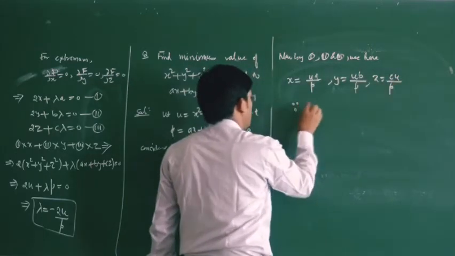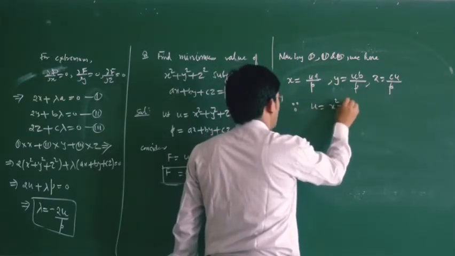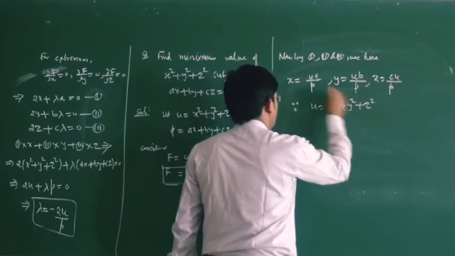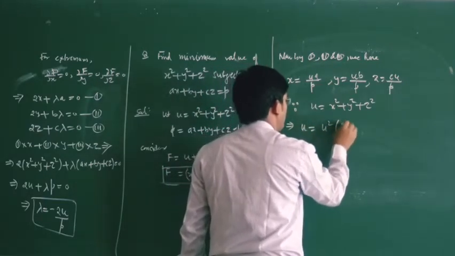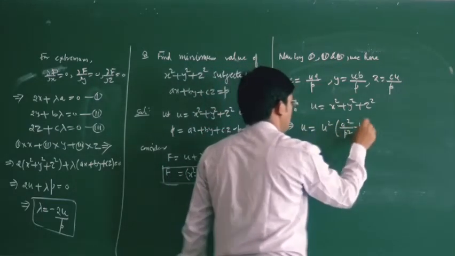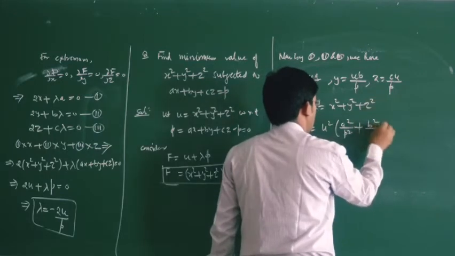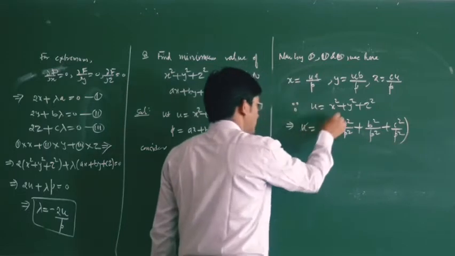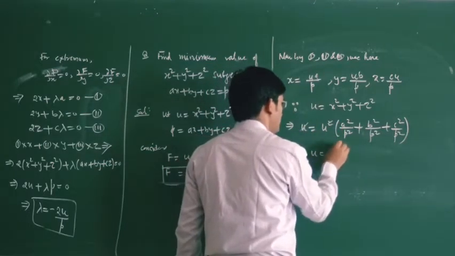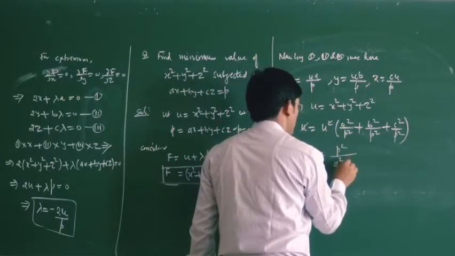As our u is x square plus y square plus z square, let us put the values of x, y, z here. So we will have u square, then in the bracket we will have a square upon p square plus b square upon p square plus c square upon p square. Now one u is cancelled out, so our u will be p square upon a square plus b square plus